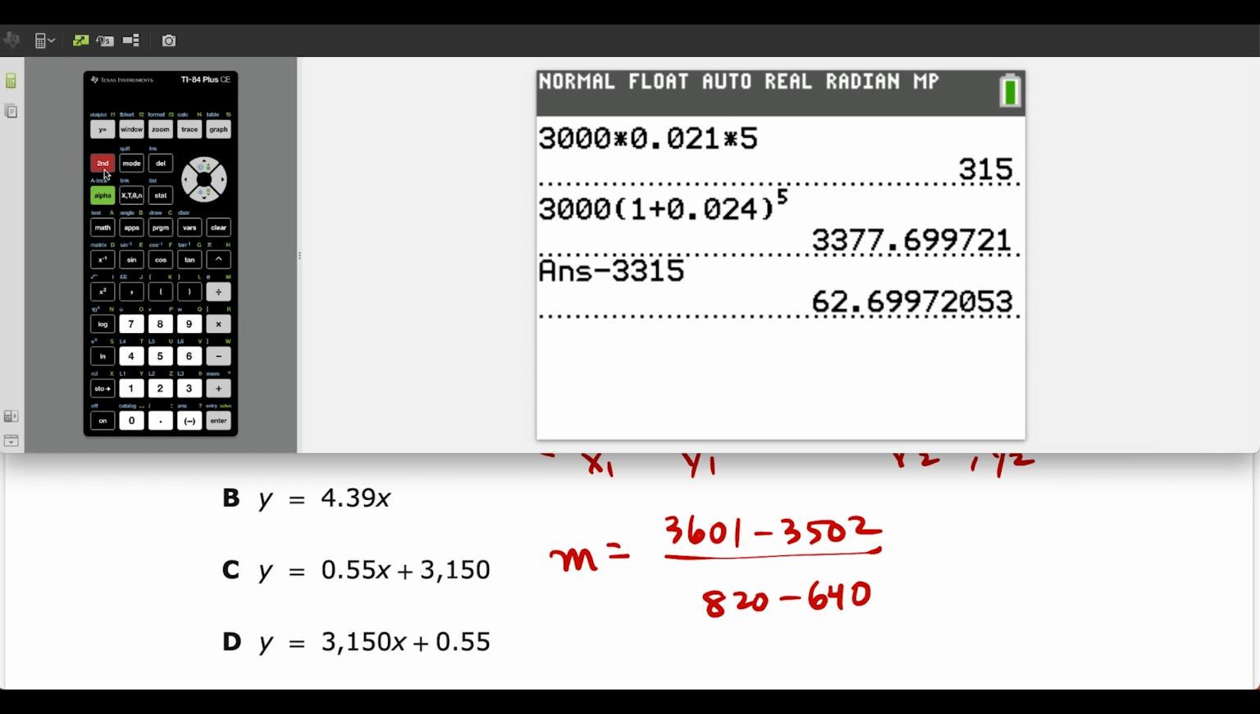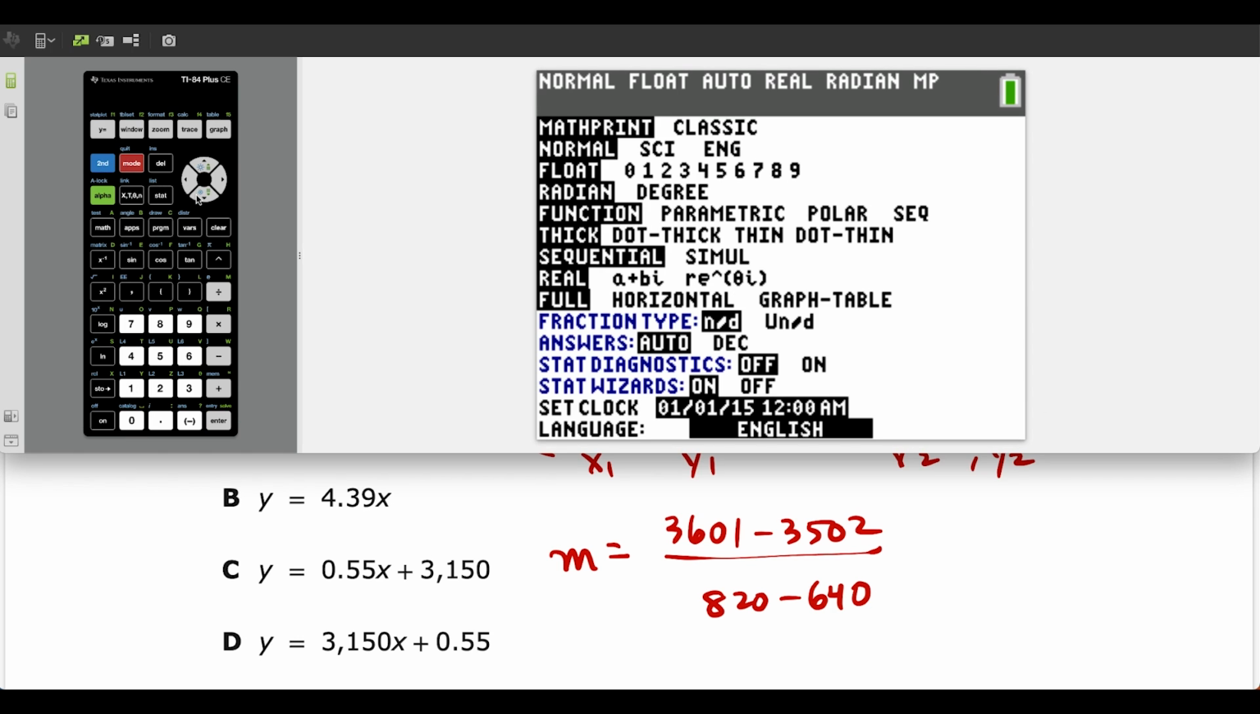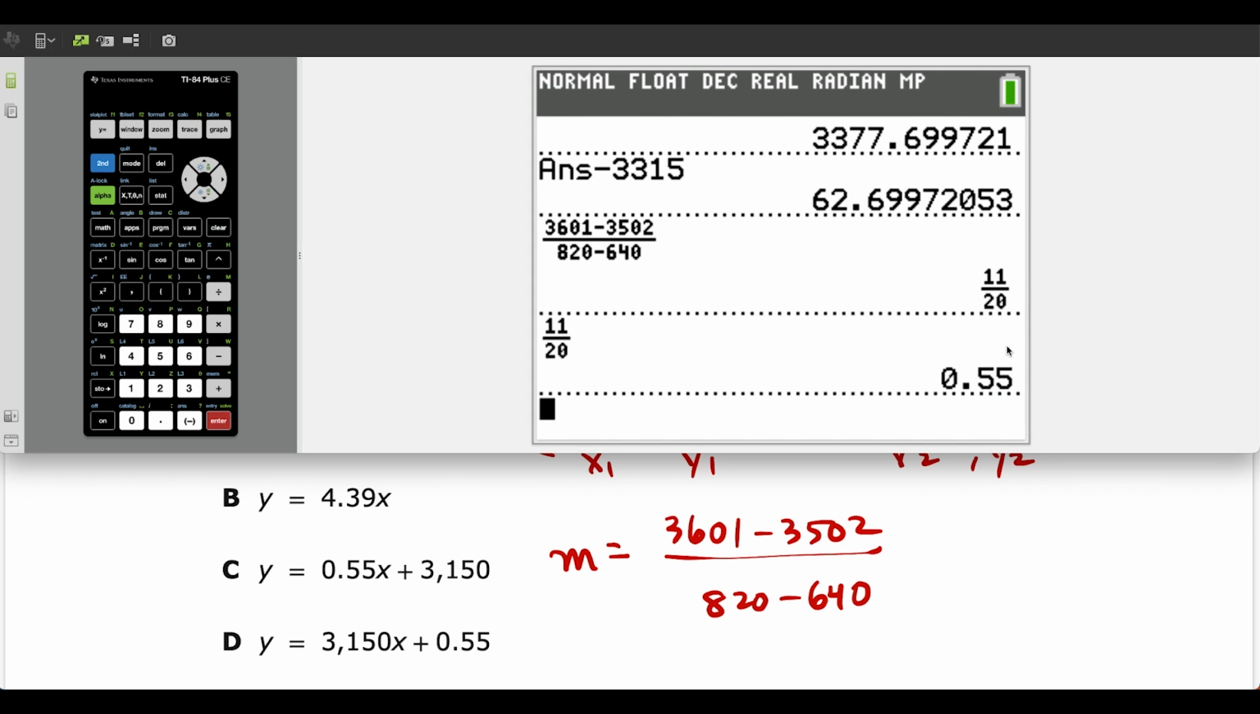So this I would just type in the calculator. If you have a TI 80 something, you can just press alpha y equals enter, and that'll pull up a blank fraction. You write 3601 minus 3502, and then you're dividing by 820 minus 640. So we type this in, we press enter, and here's our slope. But if we have to, we go over to mode here, and we change our answers from auto to decimal. This will happen if you borrow a calculator and it's been reset. It's going to sometimes come up in fraction form, but we do this, we press enter, and our decimal value